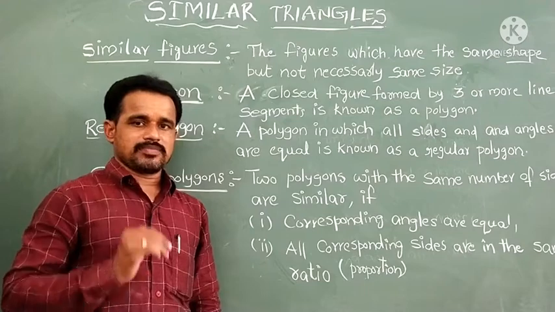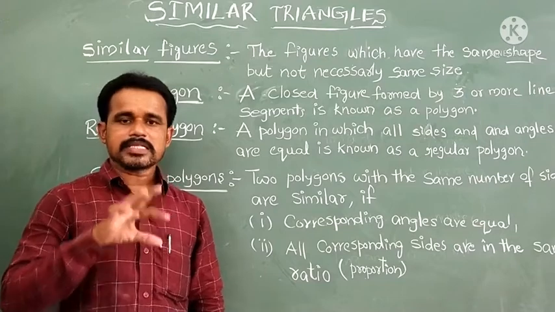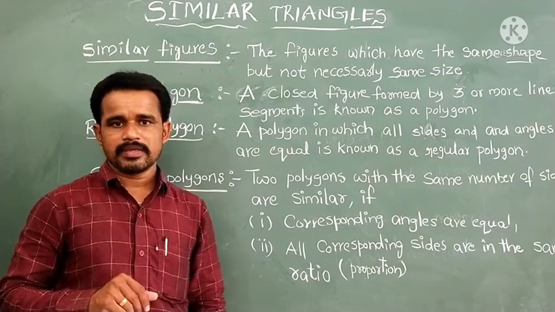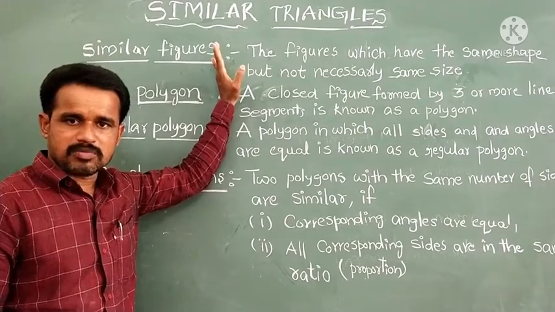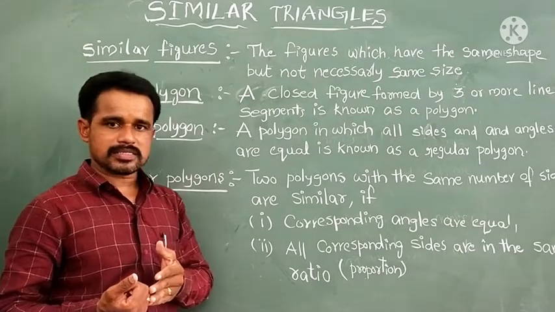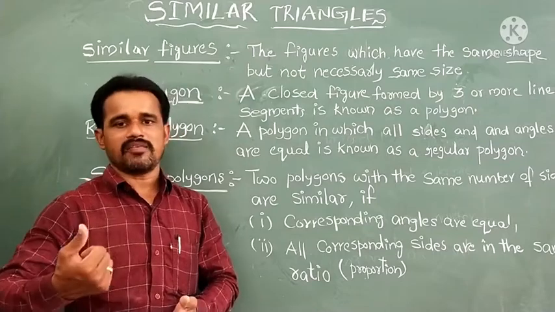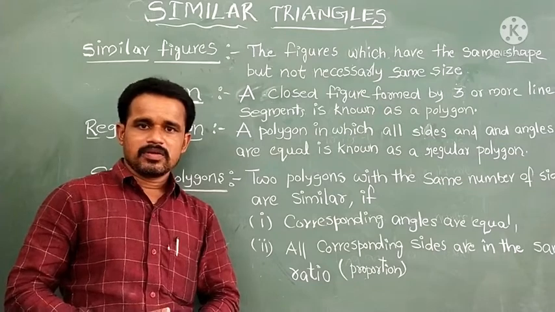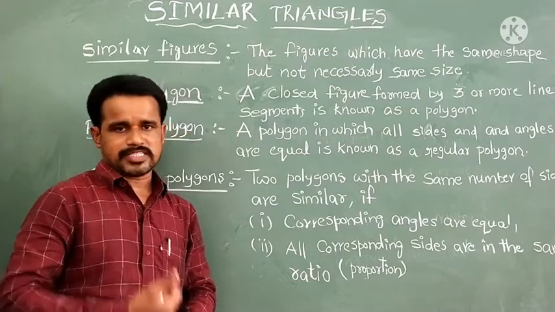Next, one more concept, one more word, scale factor. What is a scale factor? A scale factor is the ratio of corresponding sides in the diagram. Okay friends, so we have taken the general similarity concept, and next we come to our polygons, regular polygon. Next, similarity of polygons. Next, scale factor. We will see similarity of polygons with examples. Based on the example, if you check it thoroughly, definitely you will get the complete concept.